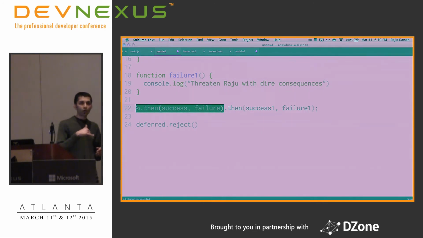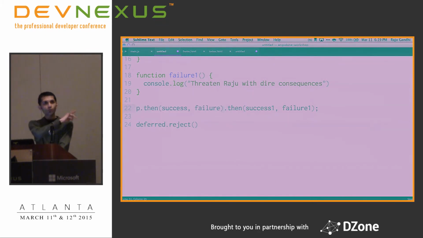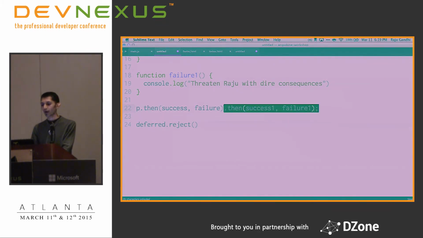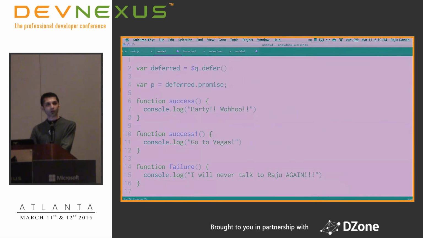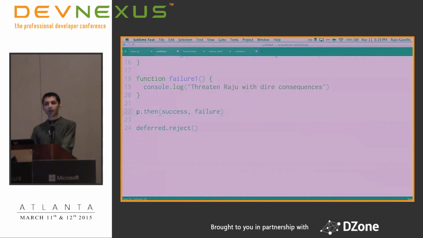So let's say I owe you money, and you owe him a bachelor party. You're waiting on me to pay you. If I succeed, I'll call your success function. What you can do here, and I'll show you why this is important in 1 second, is remember this promise object that we got from me? I gave you a promise object. What you can do is you can register this, and what's your name? Scott. You can say,